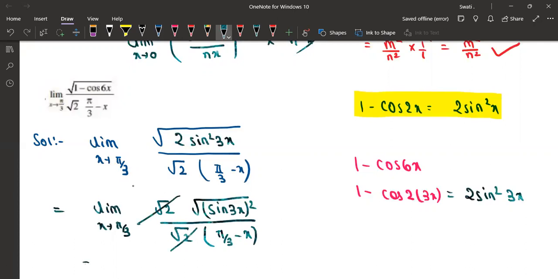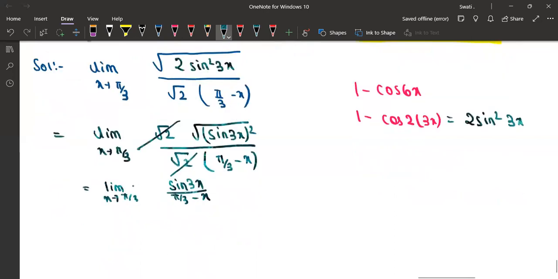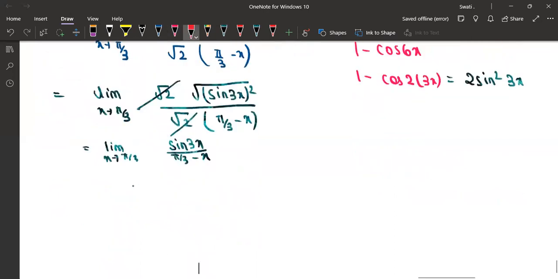So what we are getting? We are getting here limit x tends to pi by 3. Here square and root will also get cancelled. So we are getting just sine 3x and then upon pi by 3 minus x. Now here I'm going to use a formula. And the formula is, we know that sine,